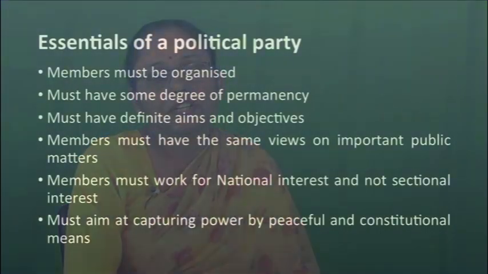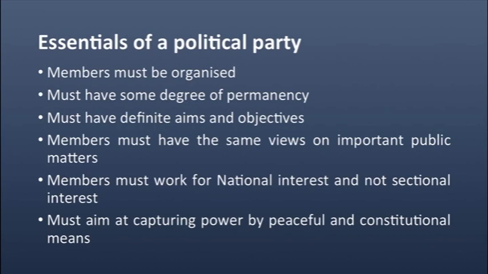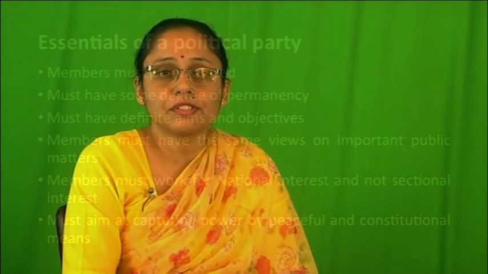Students, there are certain essentials of a political party. First of all, the members of the political party should be well organized. That is, there should be a proper organization. It is impossible to think of a political party without an organization; that is, a political party is the organized association of individuals held together. Next, they should have some degree of permanency, that is, existing continually and working towards the achievement of their goal and objective. Next, they must have some definite aims and objectives which they strive to achieve